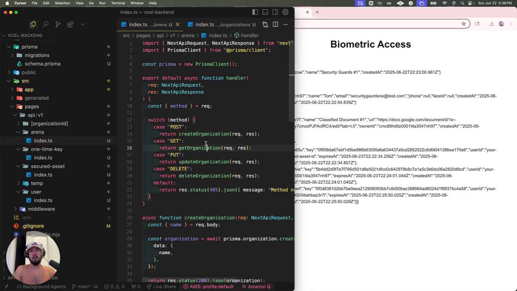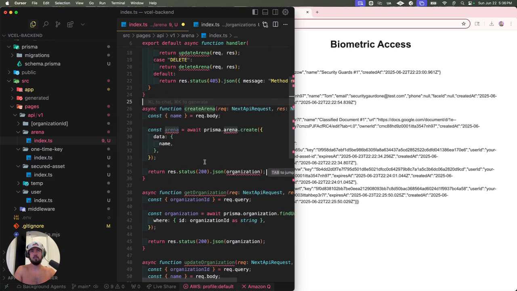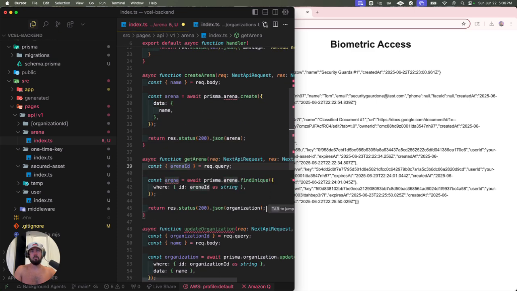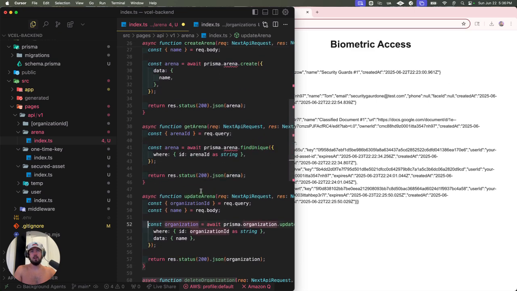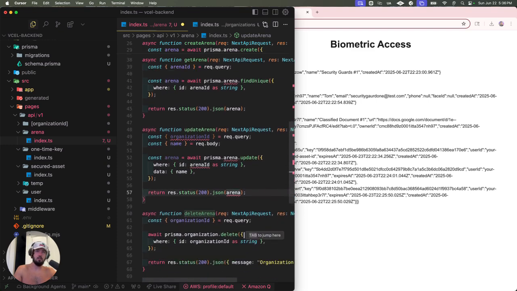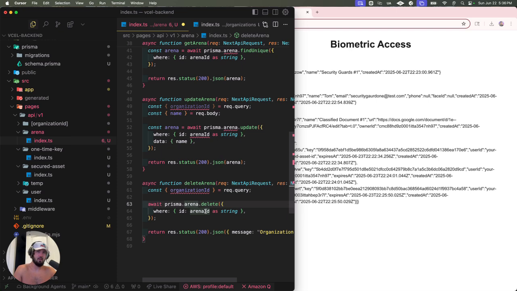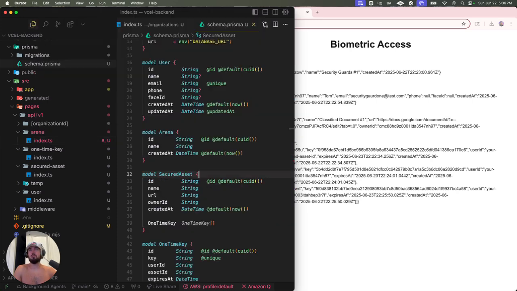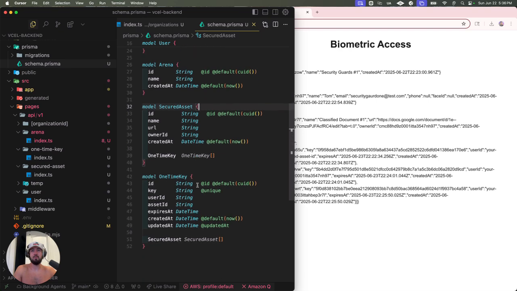So let me redefine some of these things. Create arena, generate arena, and then let's update our code base. The reason for that is because an organization sounds big, like this could be a company and stuff, but it's really not like a big old company. You know what I mean? It's more just